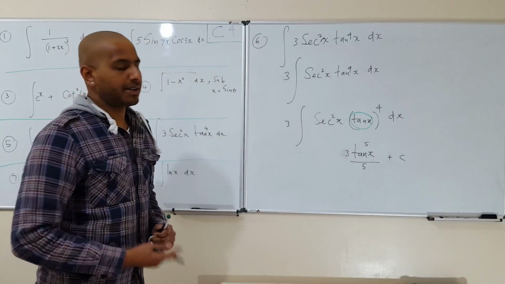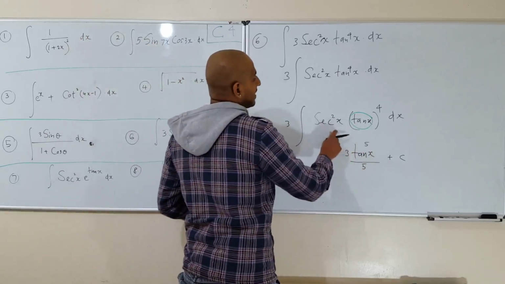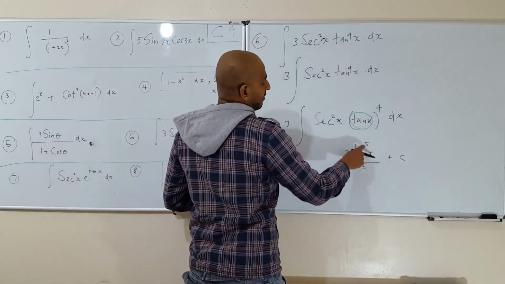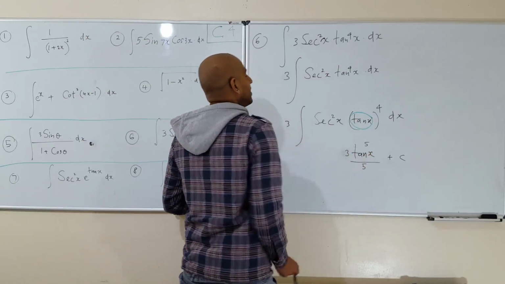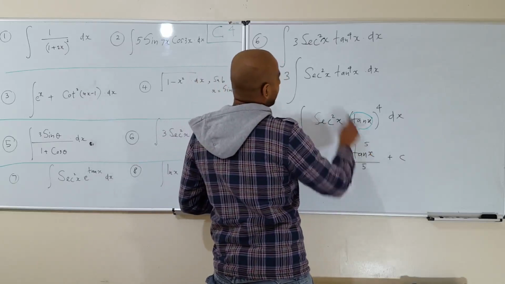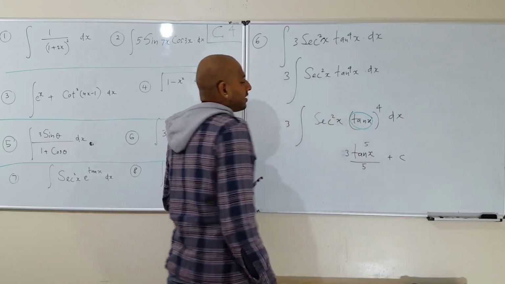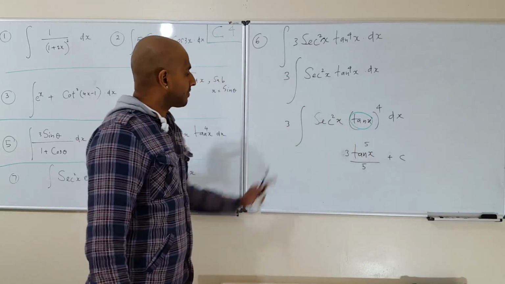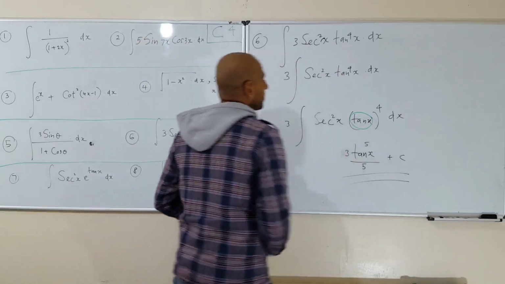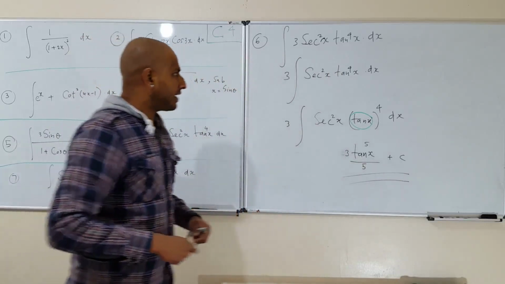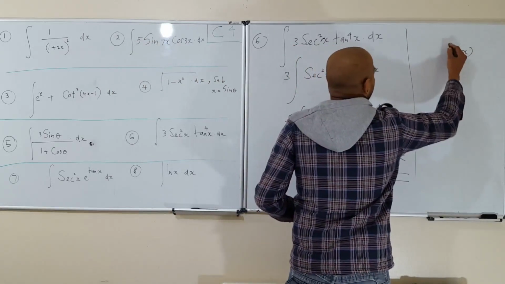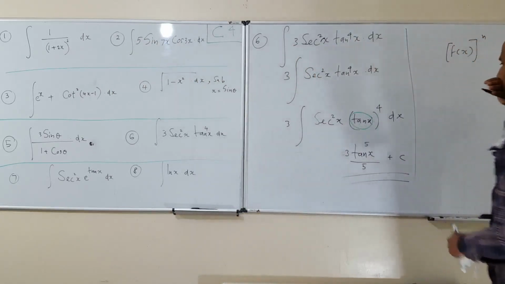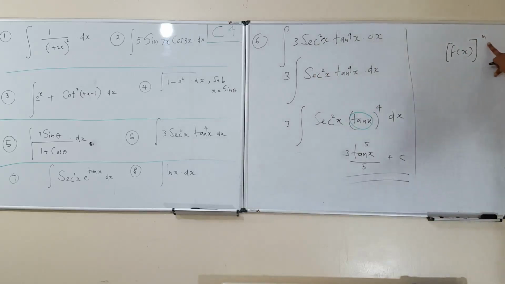We can show that this is right. If I differentiate this one, I'm going to get that straight away. Differentiate it, 5 comes here, 5 cancels out. So you get 3 tan x to the power of 4. Then I'm going to differentiate tan x, I'm going to get sec squared x. See? So if I differentiate this, I'm going to get the same answer there. So that's the answer, simple. Okay. This is based on the idea of this. Let's say f x to the power of n, n is unequal to minus 1. Unequal to minus 1. And cannot be